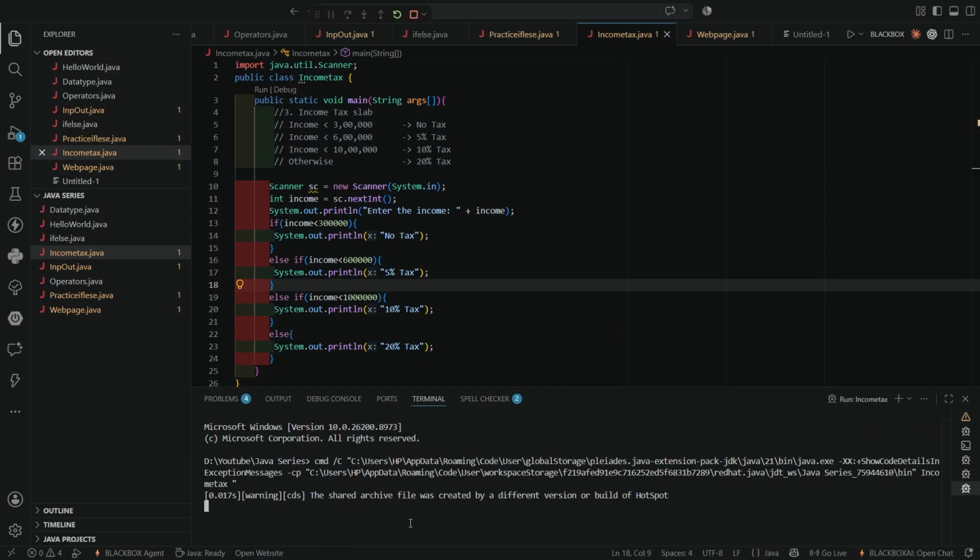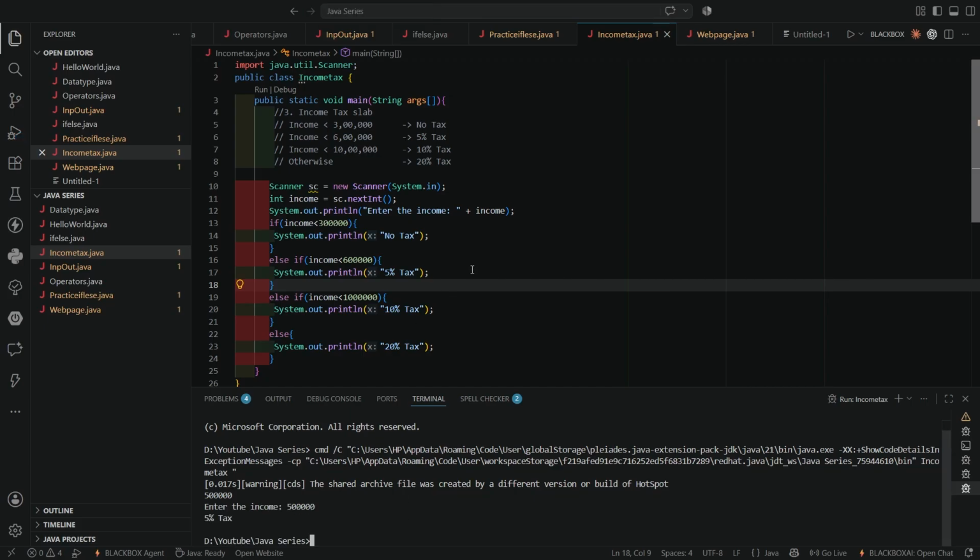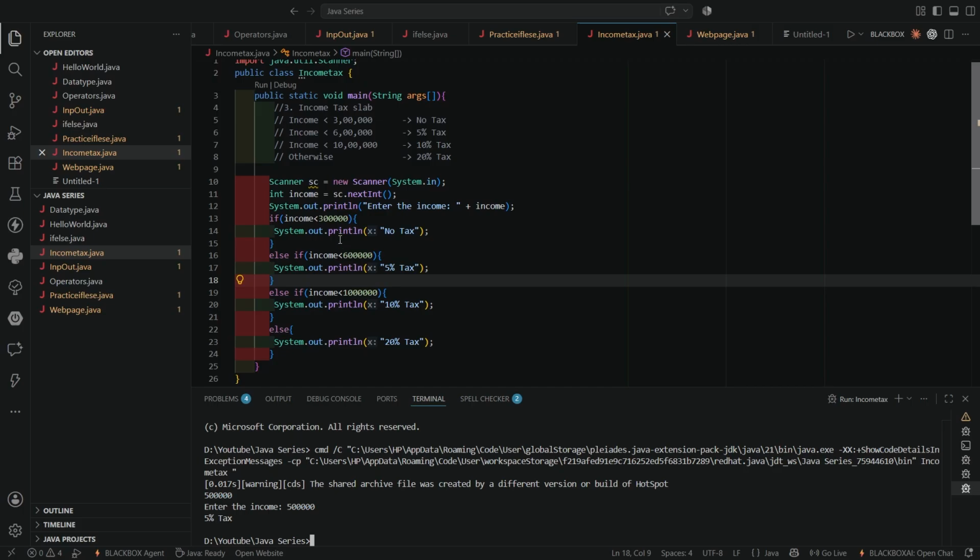It is asking me to provide the income. Initially I would provide 5 lakhs. Clear? Since it is less than 6 lakhs, it is printing from the else if block which contains 5% tax.